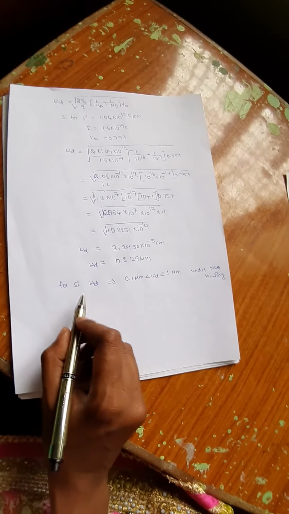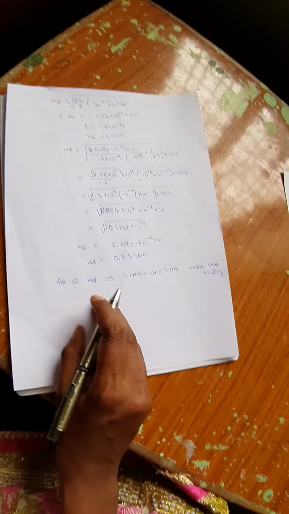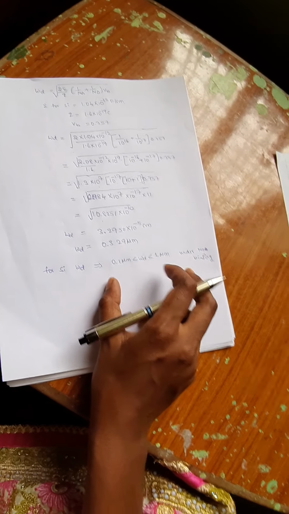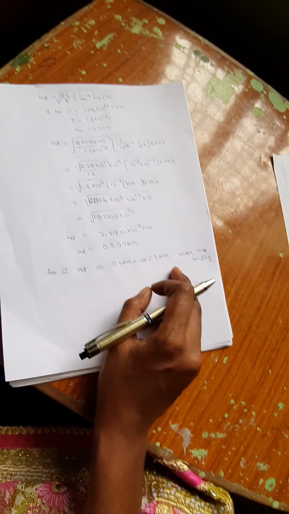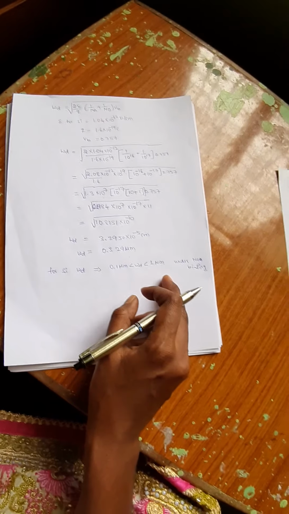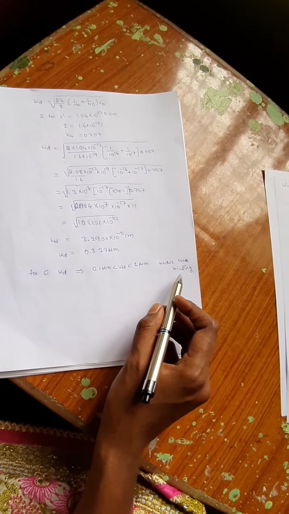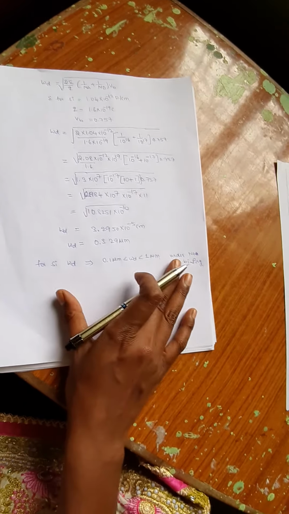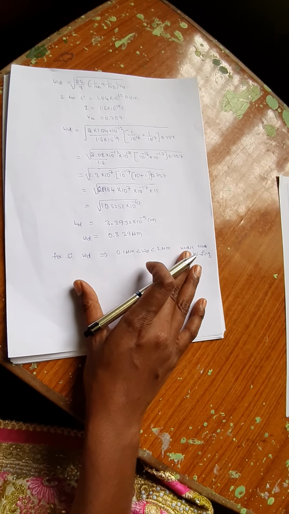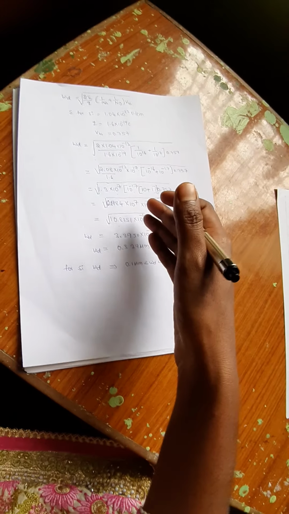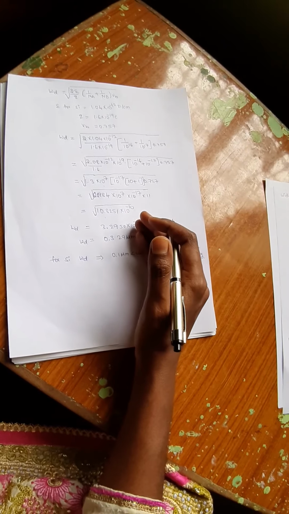Okay, so for silicon the width of the depletion region ranges between 0.1 micrometer to 1 micrometer. So this is the width of the depletion region under the no bias condition. Okay, so this is about the depletion region. This is a numerical problem calculated by using this calculator, so we get it easily.